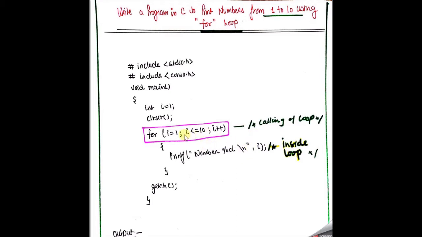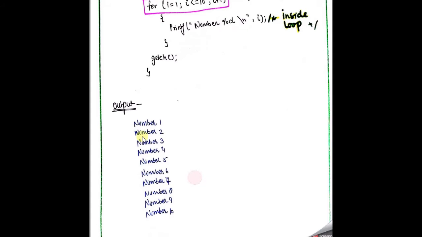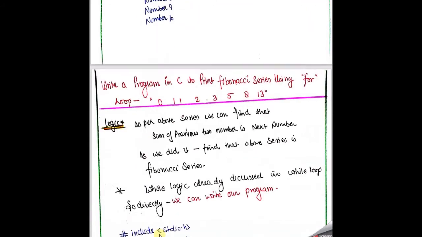And again when we get i = 10, 10 is less than or equal to 10, yes, the number 10 is printed. What will happen in the next increment? We get i = i + 1, that means 10 plus 1, that means the value will be 11. So the next value is 11. Now again when we check our condition, 11 <= 10, what do we get? We get the value false. And when we get false, we come out of the loop. In such a manner you get the output of that particular program.